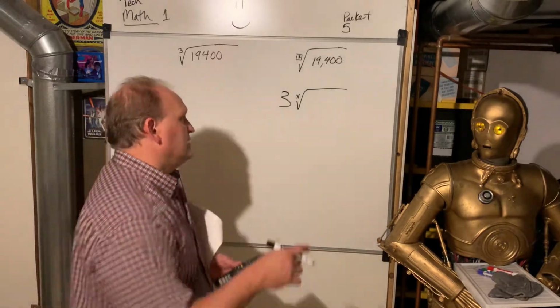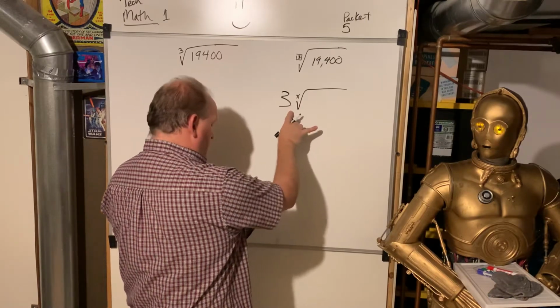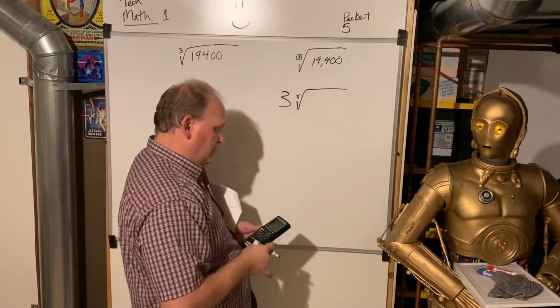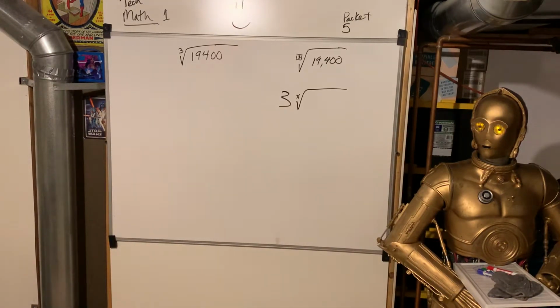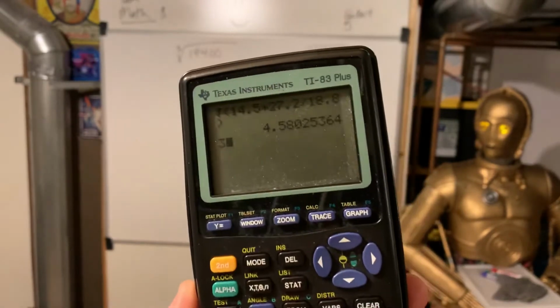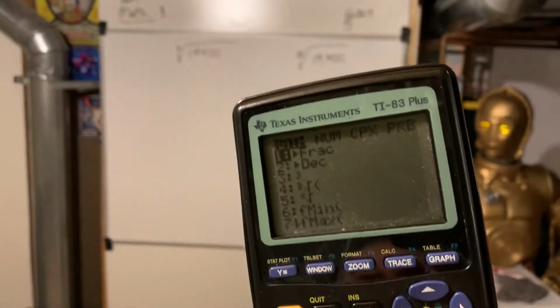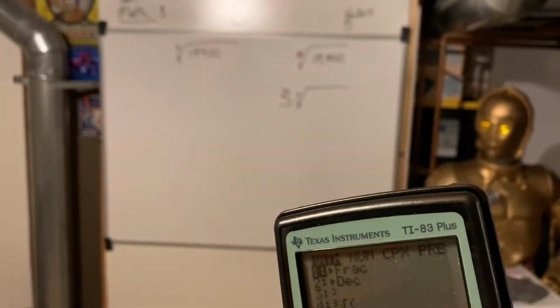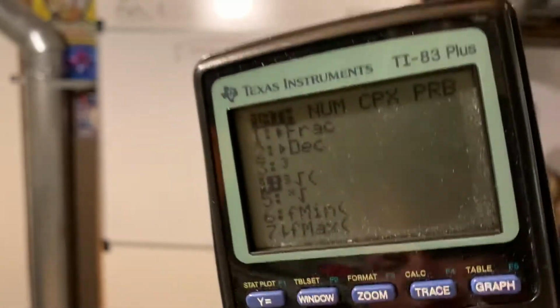I'm going to do it like this. So you could do it for third root, fourth root. You could even do it for square root if you wanted to. But I don't want to do it that way, obviously. What you do, if you're going to do it with an older calculator, you're going to hit 3 and then math. And then the very first thing is math, it says right there. And then you go down to, now look, this calculator actually has a third root in there, but I'm going